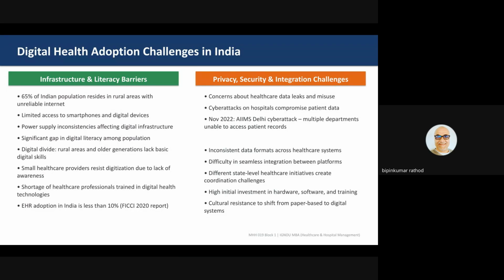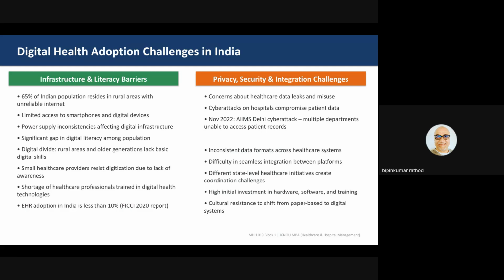Even though it looks like straightforward digital tools and technology that you start using in the hospital and healthcare, you see the infrastructure and literacy barriers, and on the right side, you also need to address privacy,